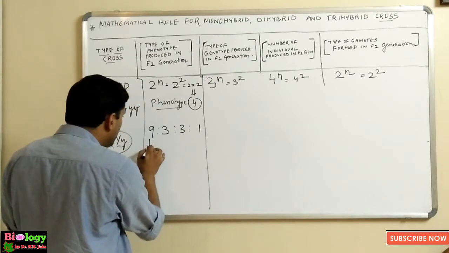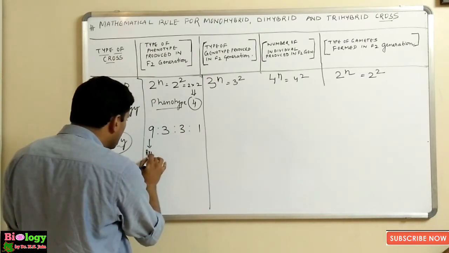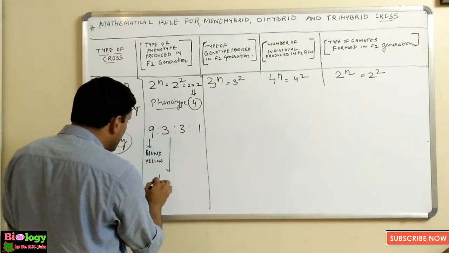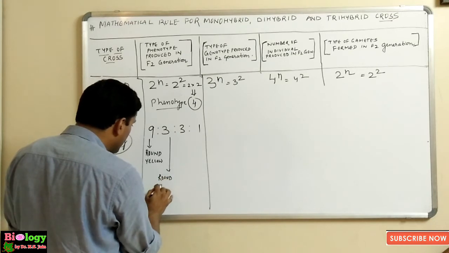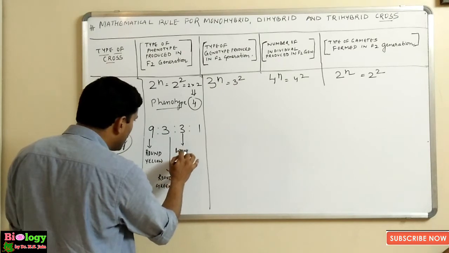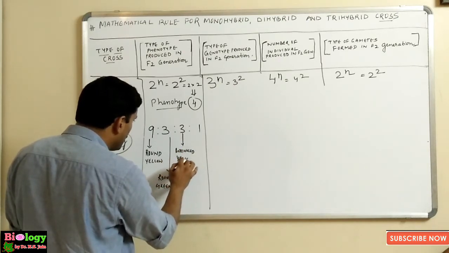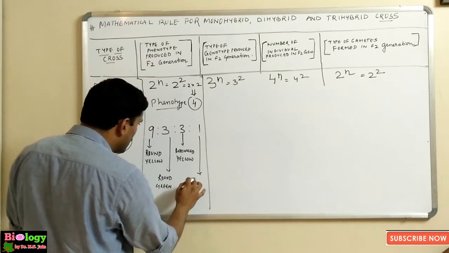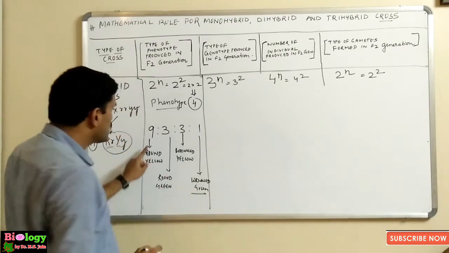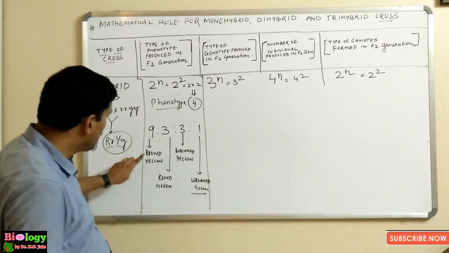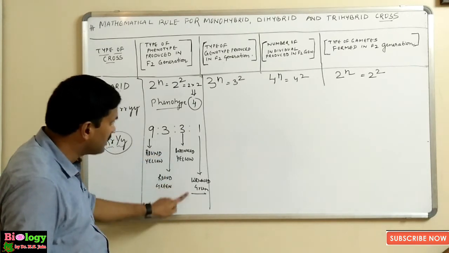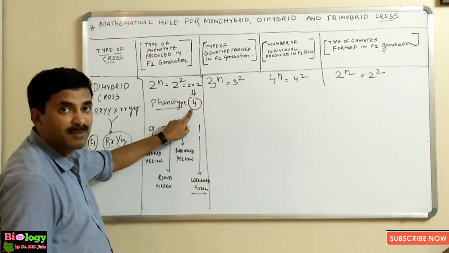How? We have already discussed in the previous videos that the phenotypic ratio comes out to be 9:3:3:1. You have seen that 9 were round yellow. What about the 3? These 3 were round green. These 3 were wrinkled yellow. And these were wrinkled green. Now don't calculate the number. You see how many types of phenotypes are produced? 4 types. Round yellow, round green, wrinkled yellow and wrinkled green. So 4 types here.